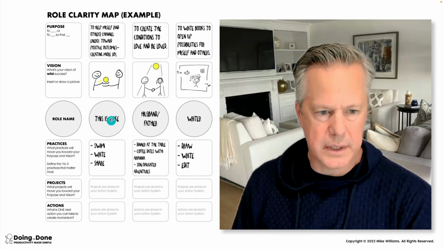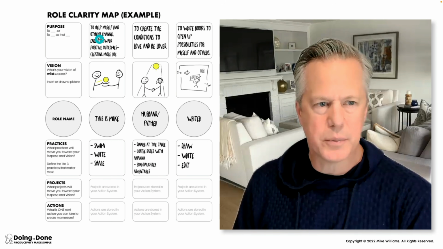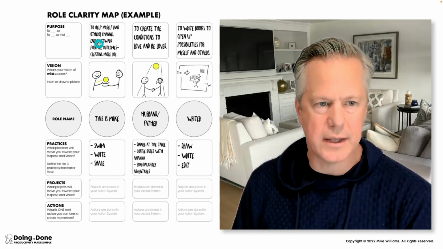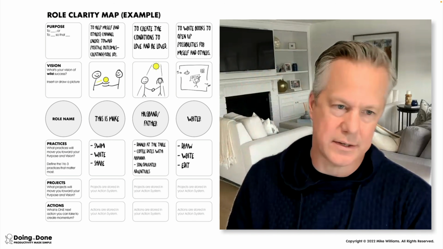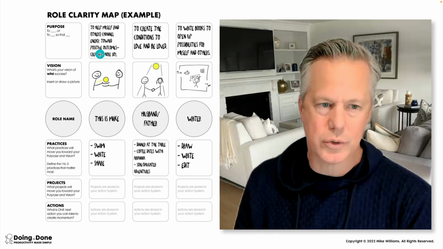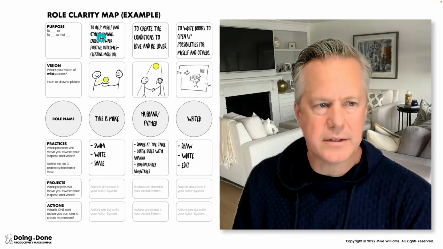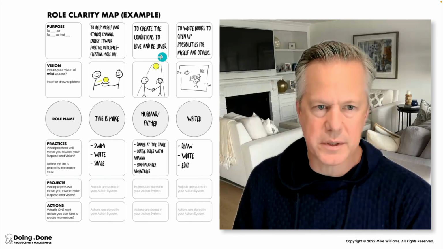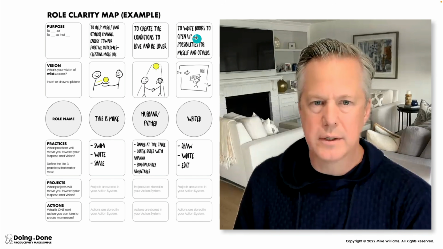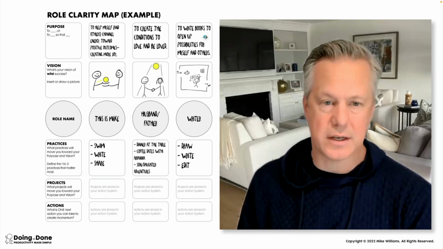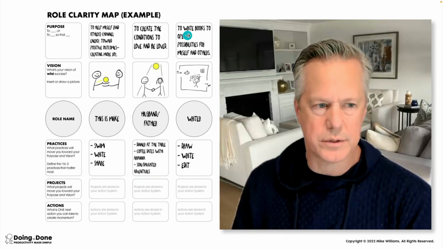So here's me. Here's my anchor role. This is Mike. What's the purpose? To help myself and others channel energy towards positive outcomes, creating more joy and less stress. Actually creating more joy and reducing suffering is really what I like to do. So that's a purpose statement. In this role as husband and father, create the conditions to love and be loved. And in my role as a writer, to write books to open up possibilities for myself and others. So that's step 1, finding the purpose of the roles.